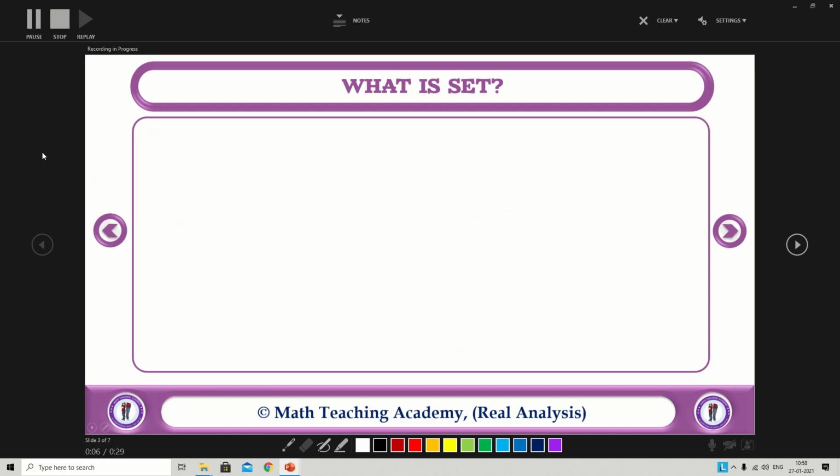So here in this video we are going to look at the definition of a set. What is a set? A set is a collection of well-defined distinct objects. By well-defined we mean it is a unique property and all the elements in the collection must come under that particular property.